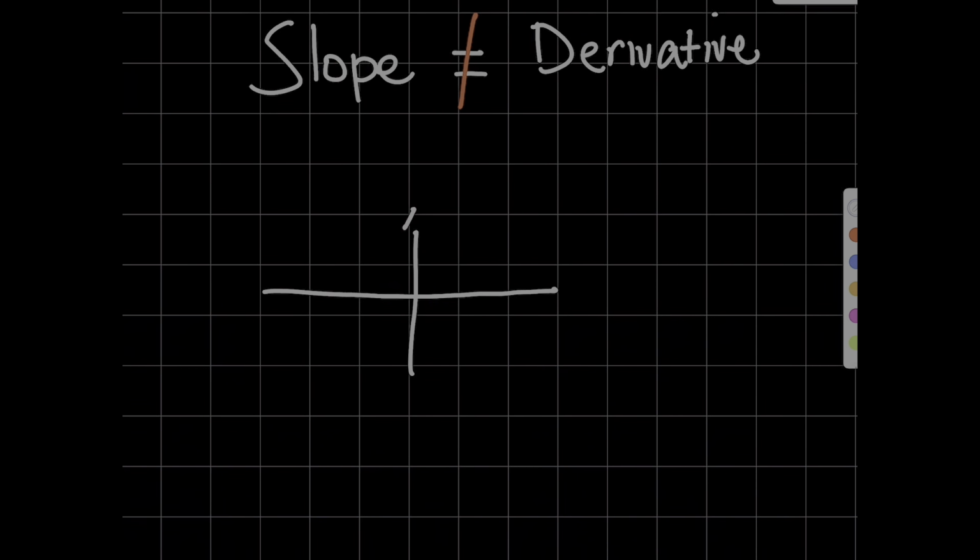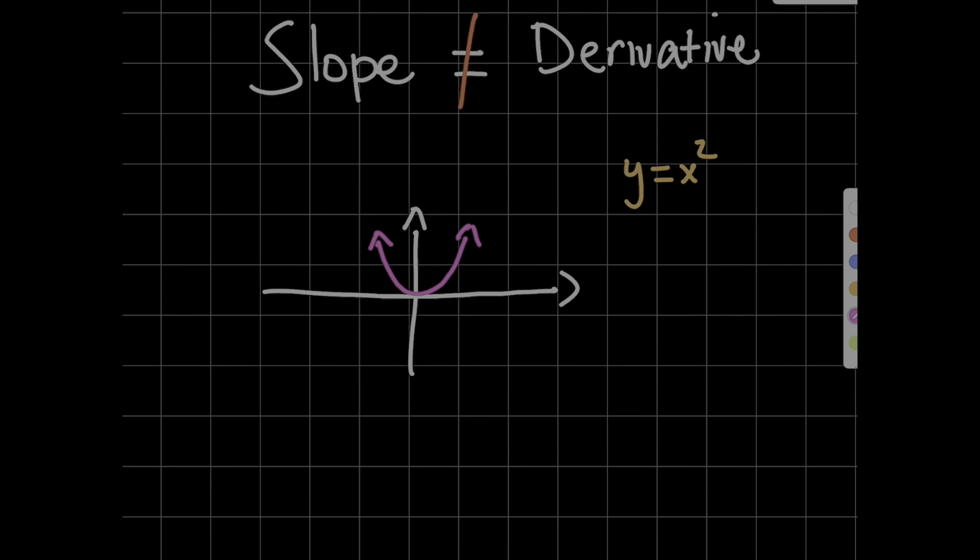So let's look at a typical function. I'm going to let this function be y equals x squared. And as we know, this is a parabolic function where it looks like this. So to really answer the question about why the slope of a function doesn't necessarily have to do with its